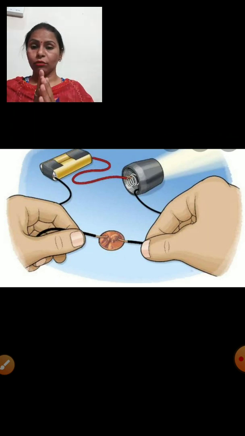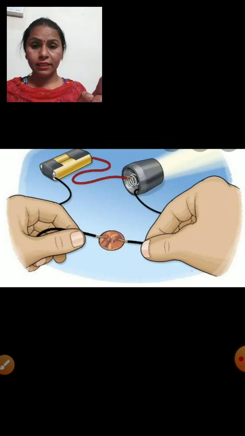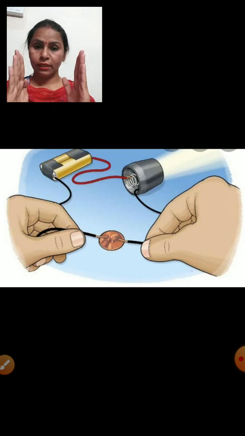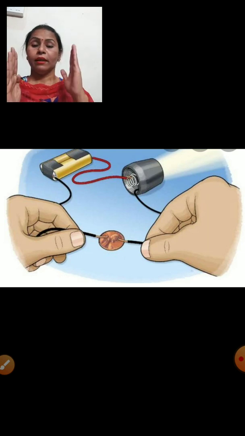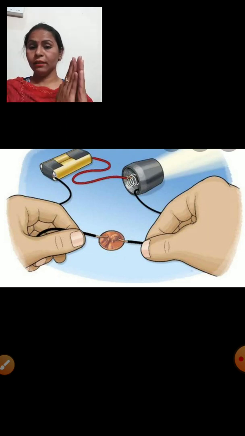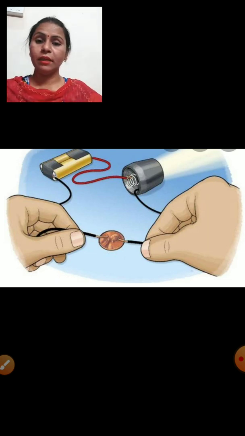Then after writing all these materials, after your observation which you have found out after this project work, after this activity, you will classify all these materials in two groups. The first group will be of conductors, the second group will be of non-conductors. In this way you will mention the conductor objects through which the bulb has glowed, and in the second category you have to write down the materials which you have used here which are behaving as non-conductors. So in this way you have to write down this observation on a page.